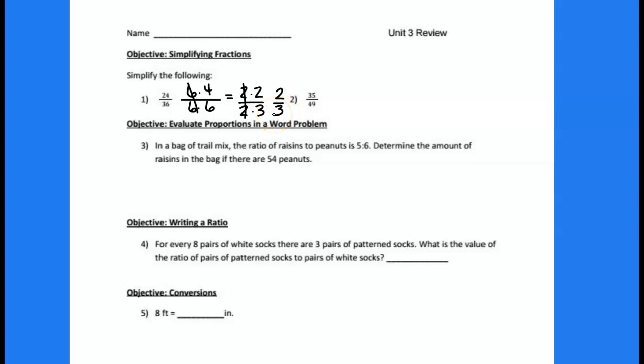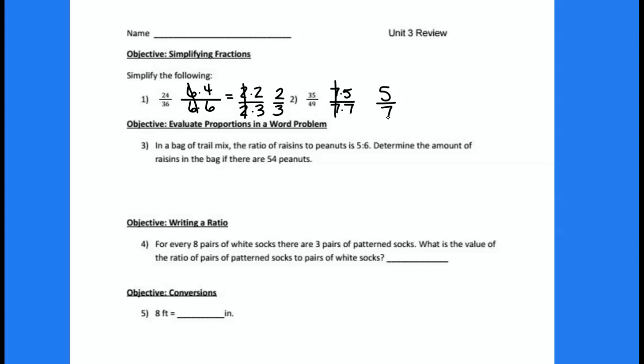35 over 49. 35 is 7 times 5. 49 is 7 times 7. Get rid of the 7's. Since 5 and 7 are both prime, you cannot simplify any further. The answer is 5/7. The reason we need to know how to simplify fractions is because we will be simplifying